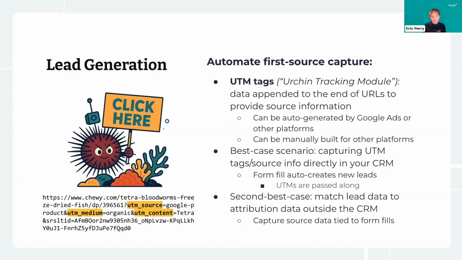And for our purposes today, we're trying to attribute at the individual lead level. It's great to know that 10 leads came from Google Ads. It's better to know that Susie came from Google Ads and spent $500,000 over the next 6 months. Probably the most common way to automatically capture source data on conversions is by using what's called UTM tags.